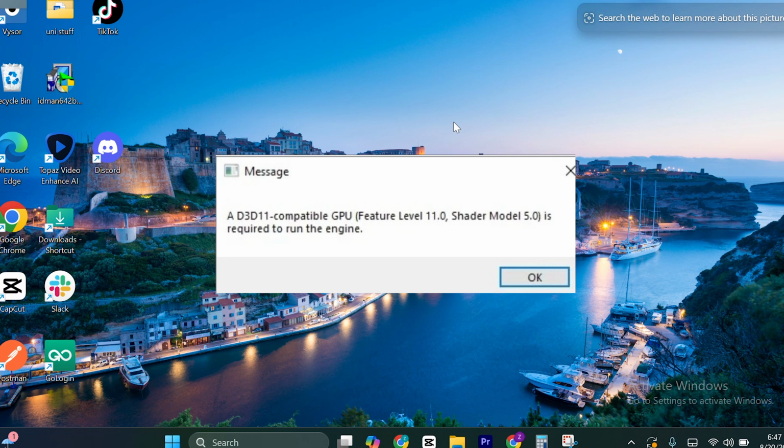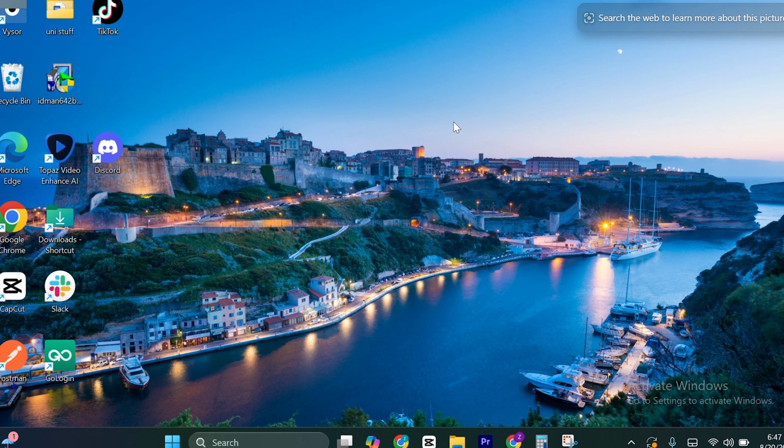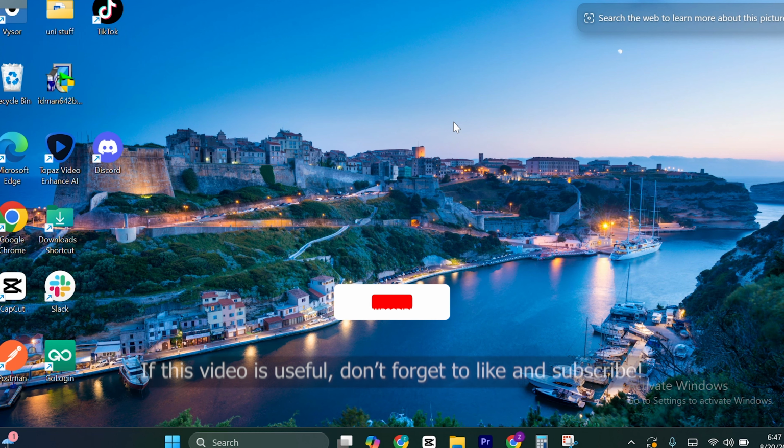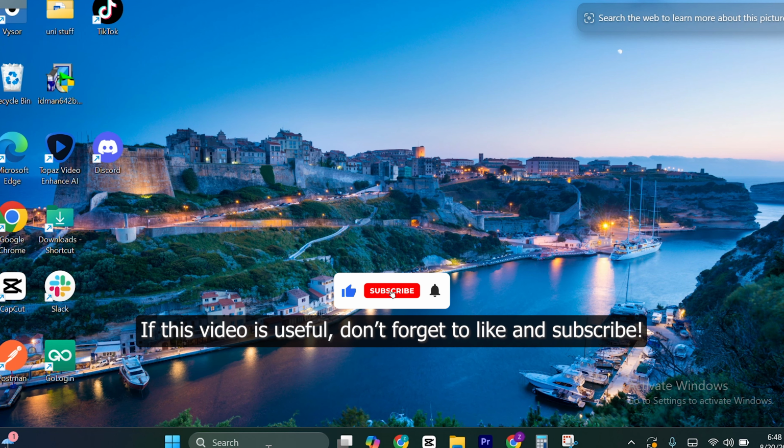Hey guys, in this video, I will show you how to fix a D3D11 error that you can see, that usually pops up in Fortnite, but it can also happen in other games. First, let's fix it. Open the start menu and type adjust the appearance